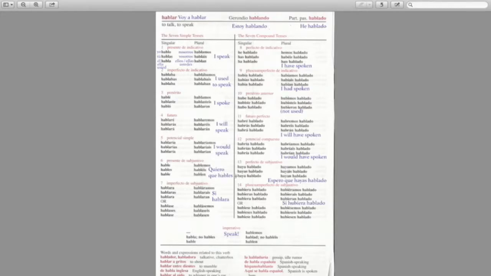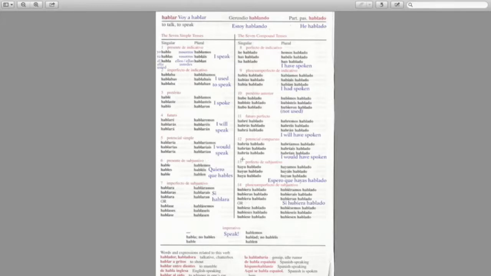Now, the reason that hables is in the subjunctive form is because I'm not able to indicate that you do that. I'm not just saying you speak Spanish, like yes you do, or do you, you know what I mean? It's not talking about something that happens, it's talking about something that I hope happens, that I want to have happen, I hope that it may happen. And that's the meaning of the subjunctive verb.